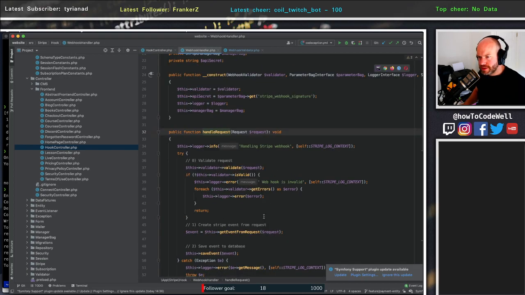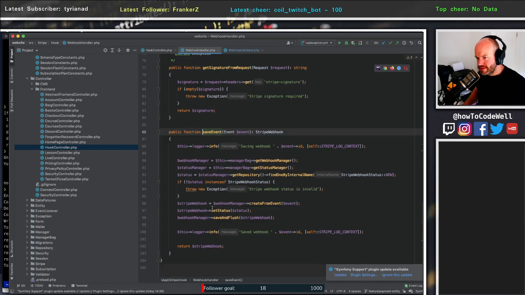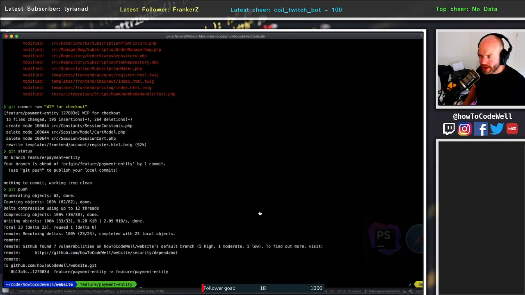So, sorry, let's go back to here a minute. This gets the event, and then this saves the event. I see. So save event. We pass in the event here. We get the webhook manager. We get the status manager. We find the, so that comes in as new status. We deal with this and then we save that. Okay. All right. So technically speaking, I should have,